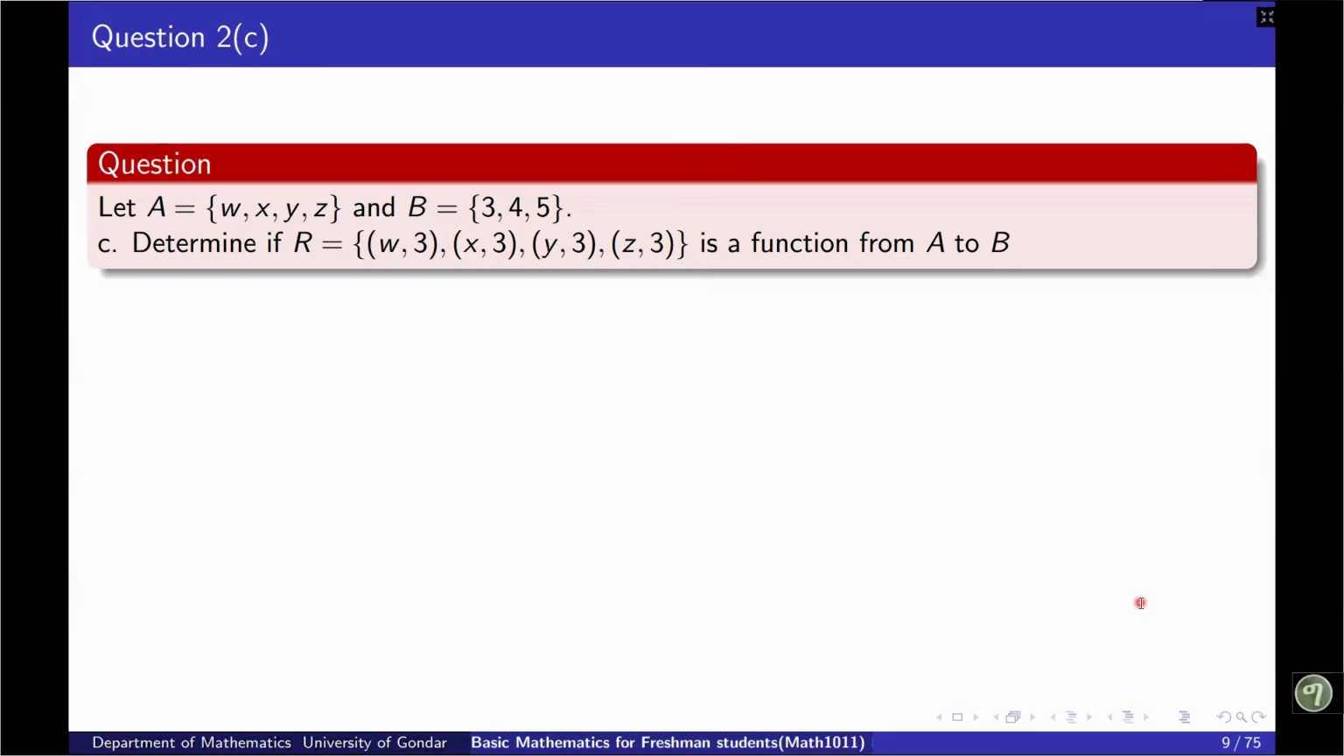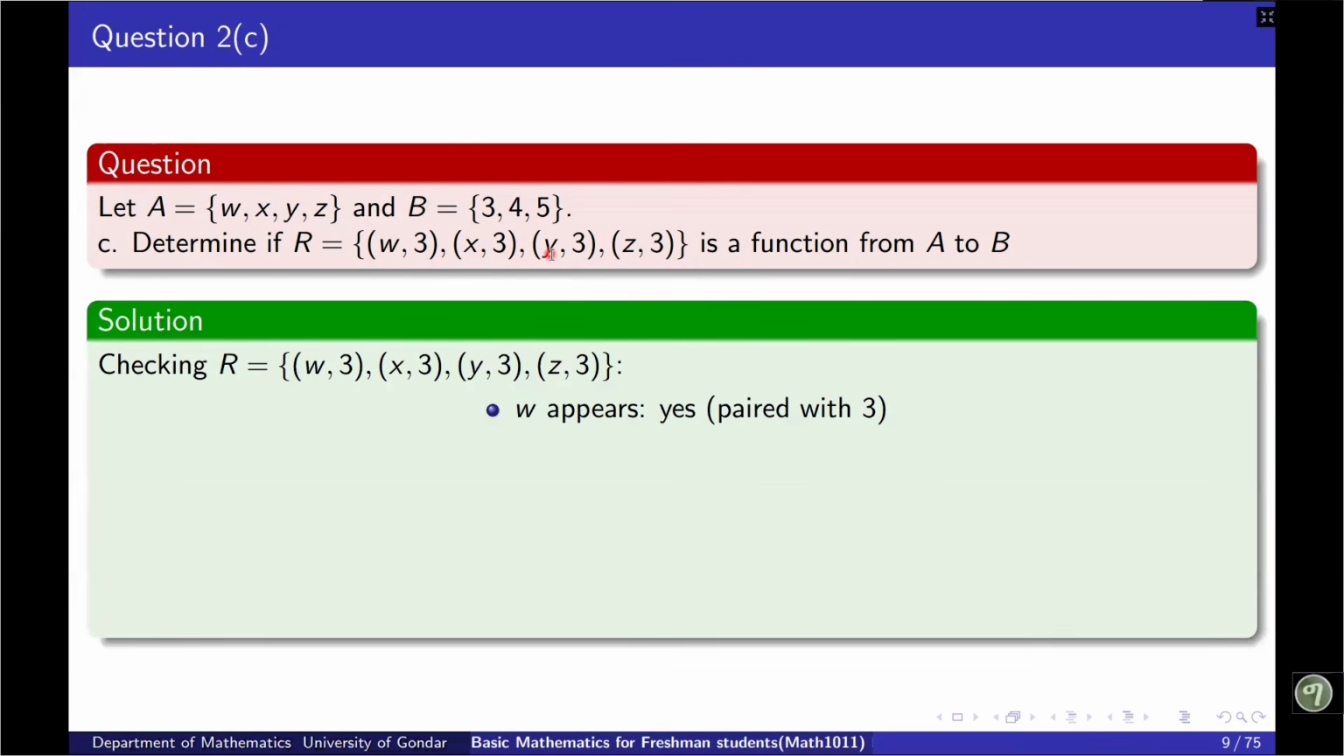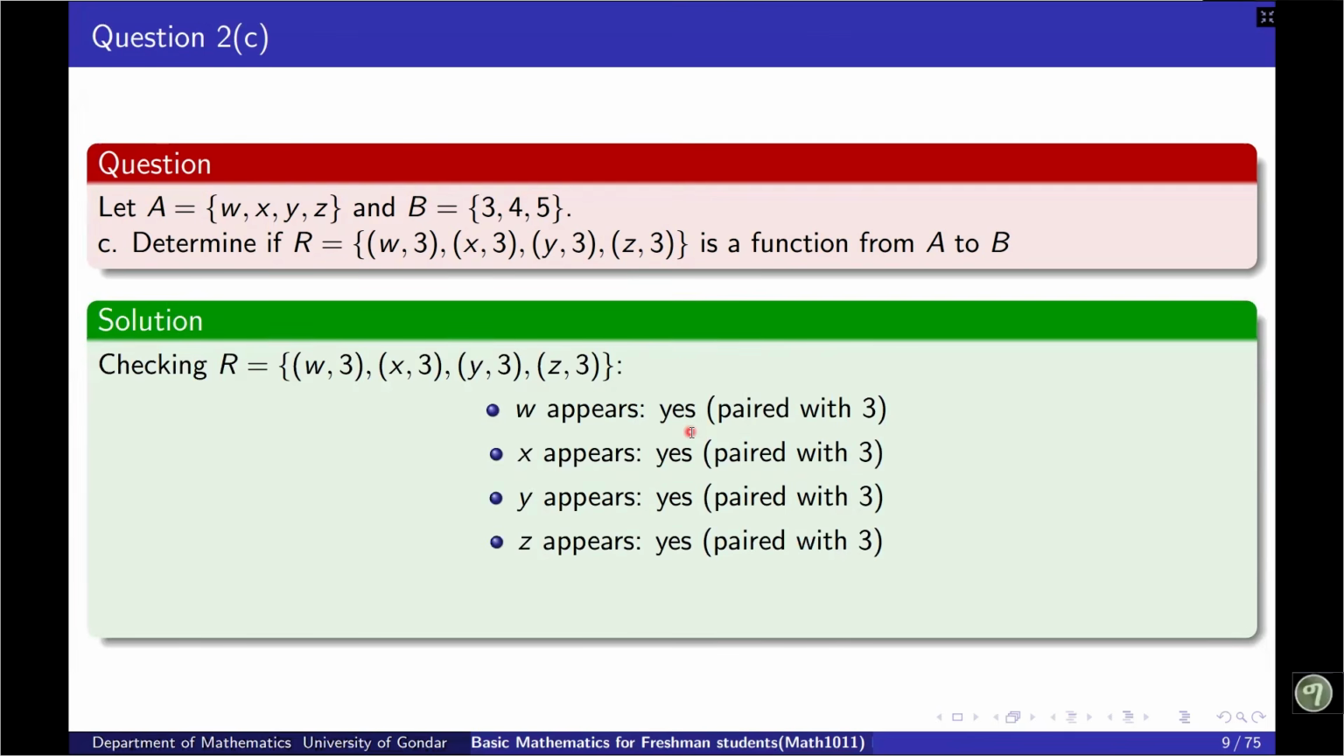The next one, the relation R is given to be this: W3, X3, Y3, and Z3. And we're asked to justify again whether this relation is a function from A to B or not. When you check whether each and every element of A has an image within B, W appears paired with 3, X also appears paired with 3, Y also appears paired with 3, even Z appears paired with the same element, that's simply 3. That is, this is many to one